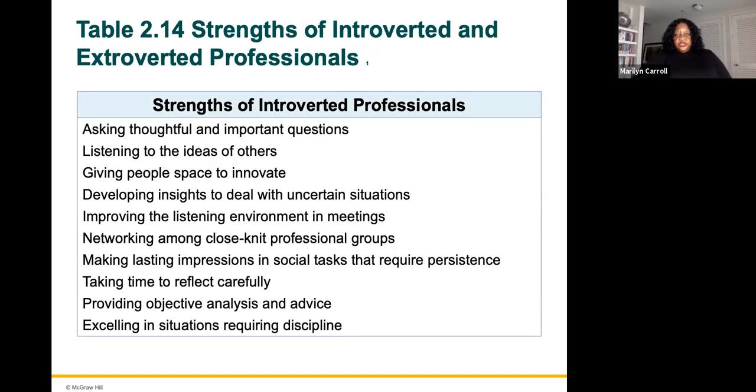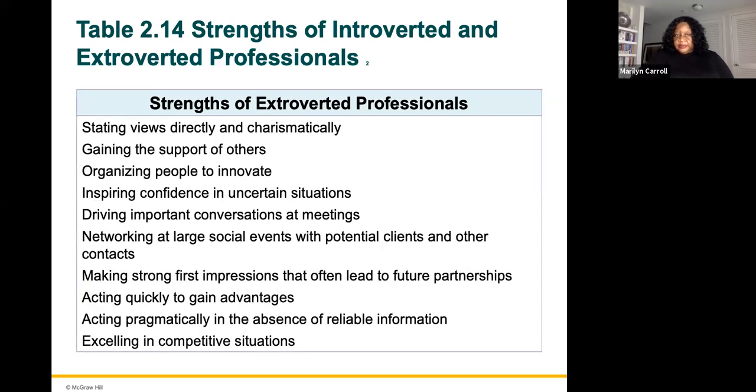Strengths of introverted professionals are asking thoughtful and important questions, listening to ideas of others, giving people space to innovate, developing insights to deal with uncertain situations, improving the listening environment in meetings, networking among close-knit professional groups, making lasting impressions in social tasks that require persistence, taking time to reflect carefully, providing objective analysis and advice, and excelling in